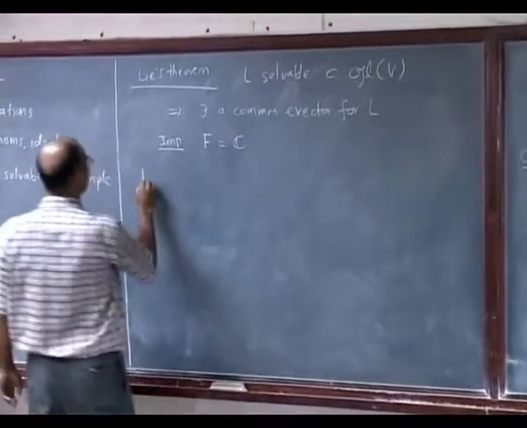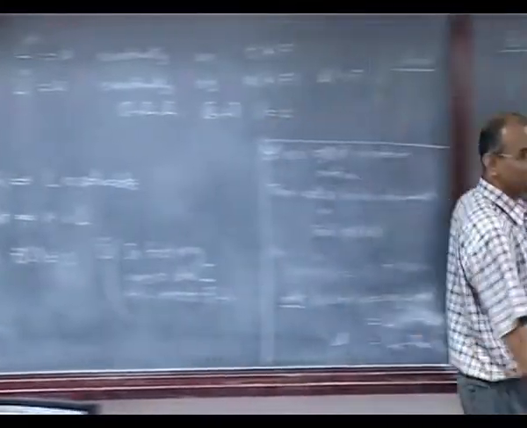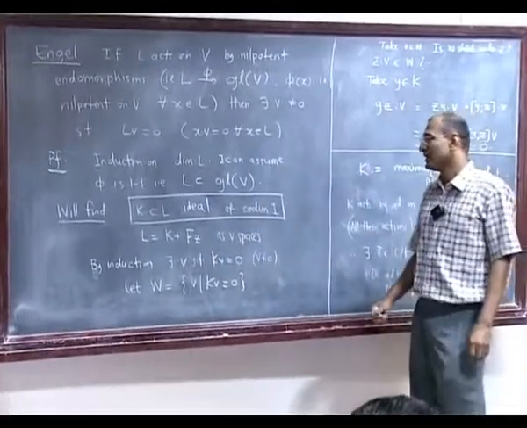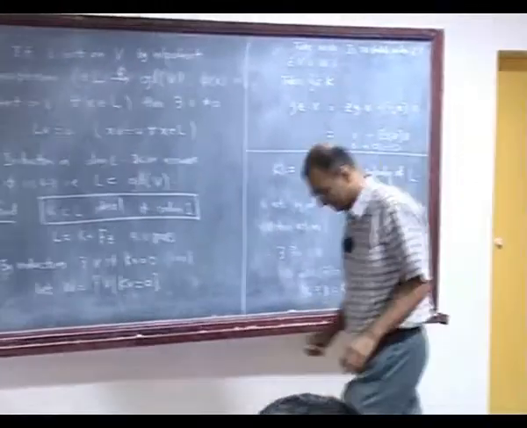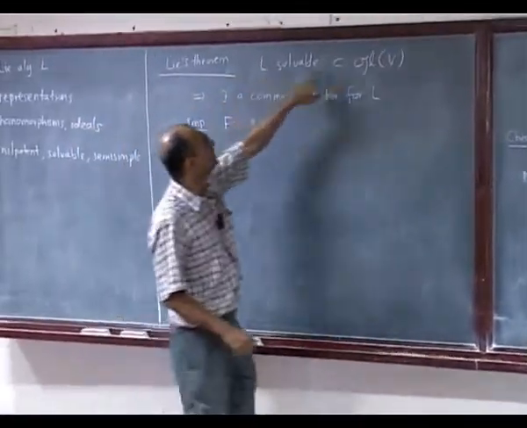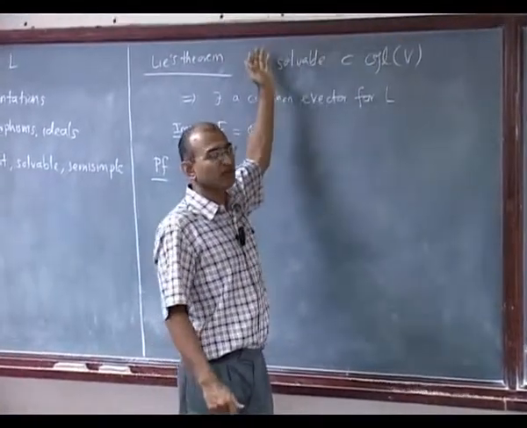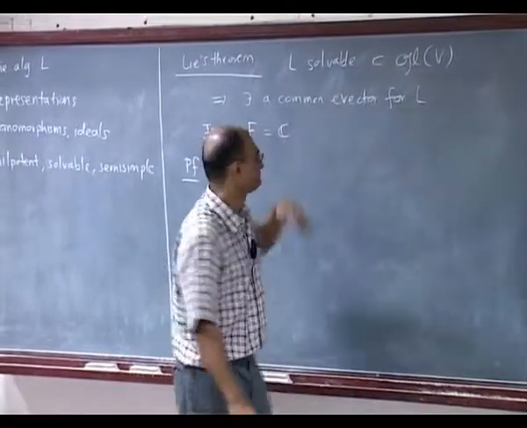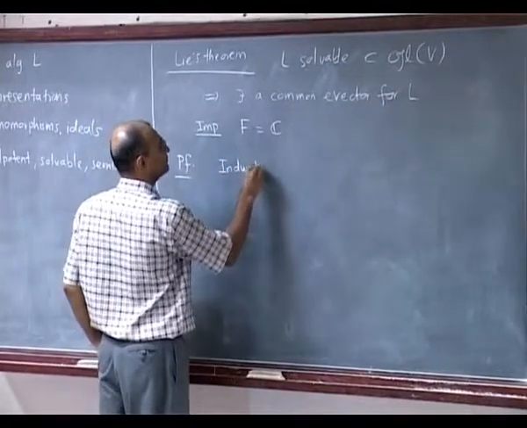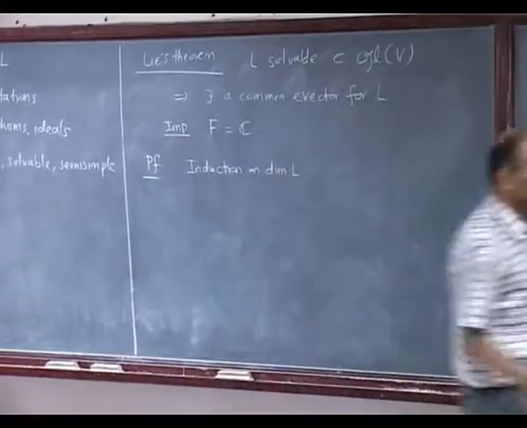So, proof. When we have a good thing going, we try to keep it going as long as it will. So let's try to imitate this. What was the idea? I do induction on dimension. By the way, I am taking L to be solvable inside GL(V), but I could take it to be an action. It does not really matter. If L is solvable, the homomorphic image will also be solvable. So proof, induction on dimension of L. Now here the comment that was made earlier will come into play.